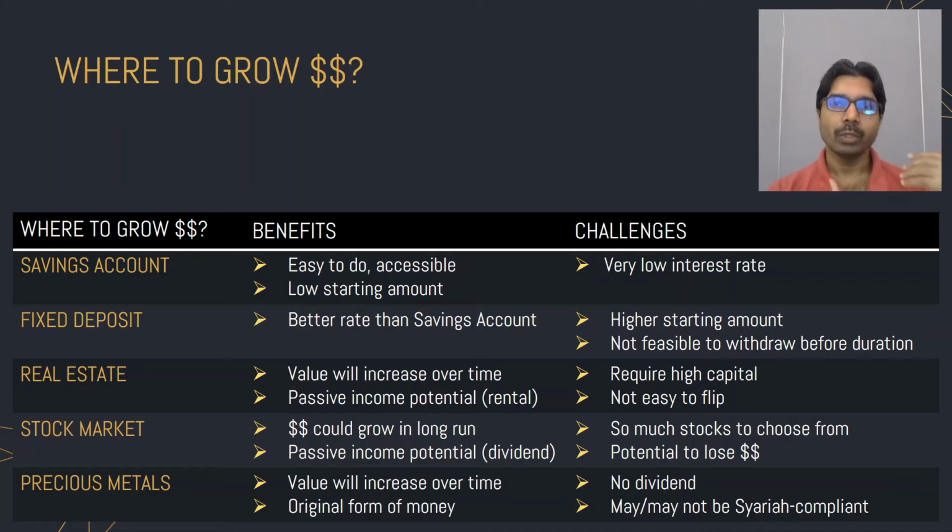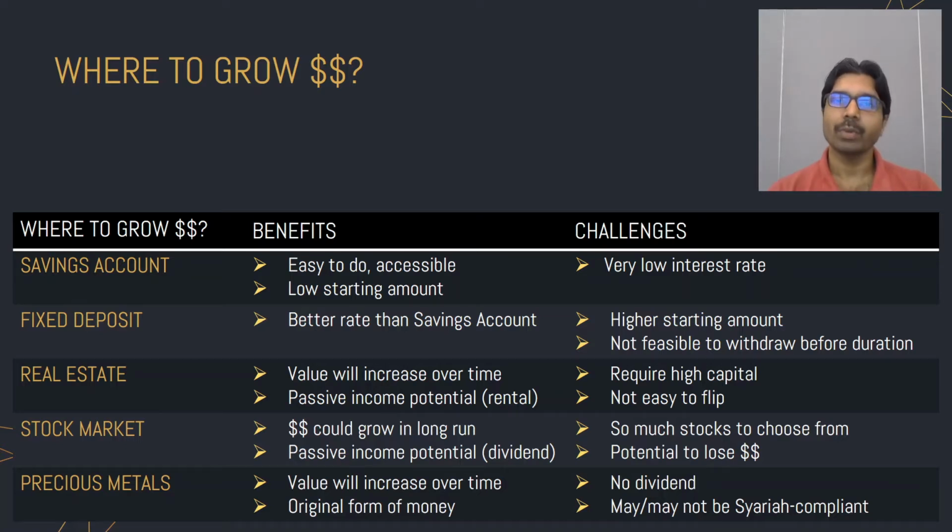When you rent out your property, you get your cash flow in terms of rental. When that rental is more than enough to pay the mortgage of that particular property, that is where you get your positive cash flow, and it becomes your passive income. But it comes with challenges as well, right? It sounds easy, but what are the challenges when it comes to playing this game?